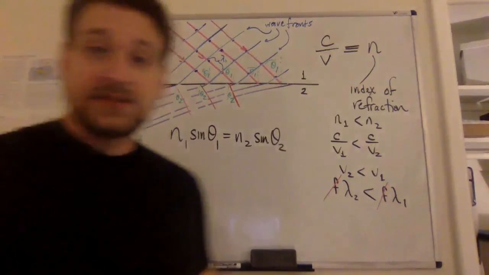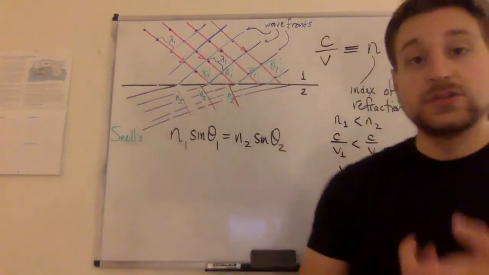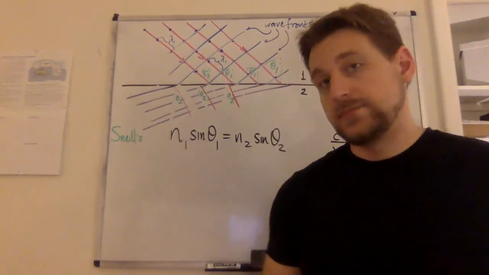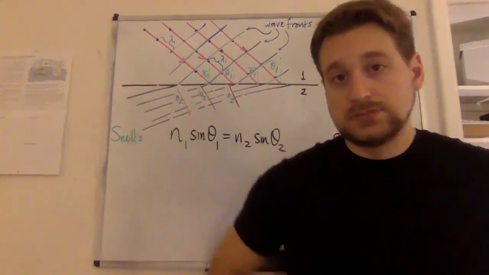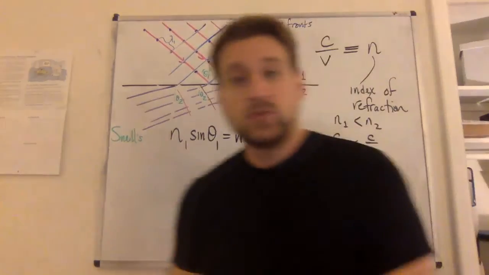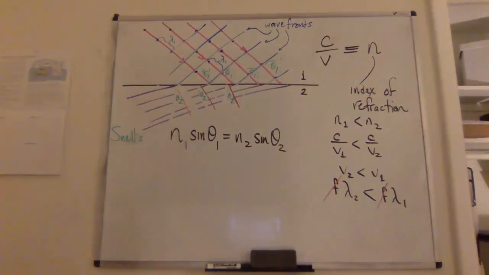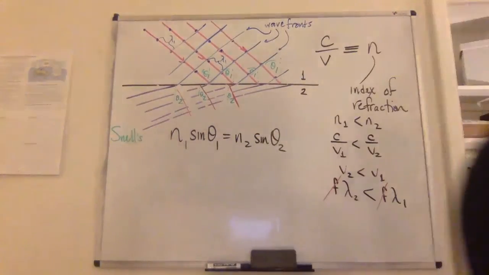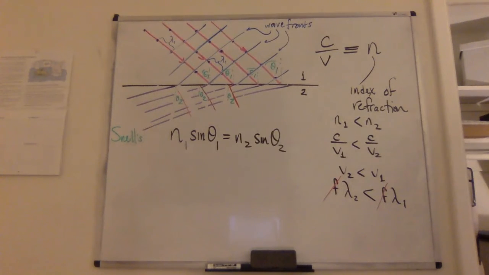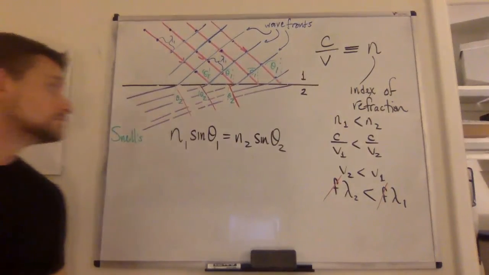I don't know why we call this Snell's law. It's just geometry. It's just an expression of continuity at the boundary. We could call it the refractive continuity law, and it would be just as meaningful. I guess it's Snell that did it first. We could prove it just as well. Cool. This is great.